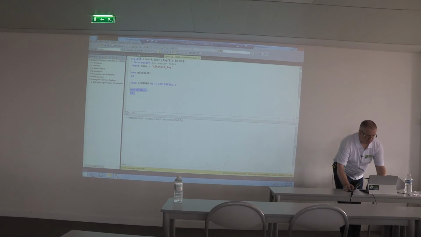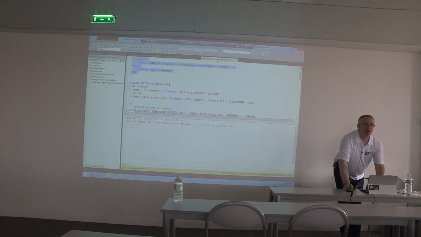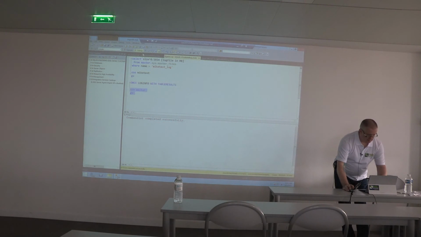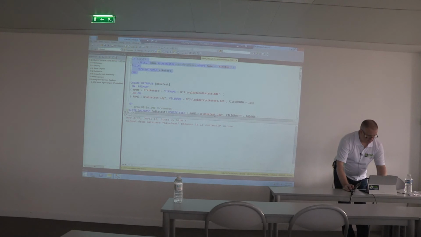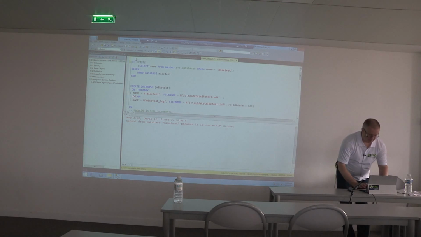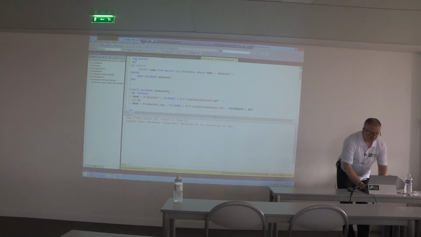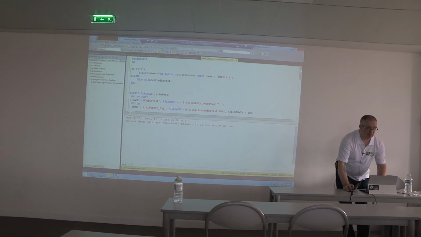Set it to single user with rollback immediate, and then you can do that. But then I'd have to change my demo. Okay. There's an old saying that you should never type in a demo, and I do it every time. And every time I do, it comes back to haunt me.